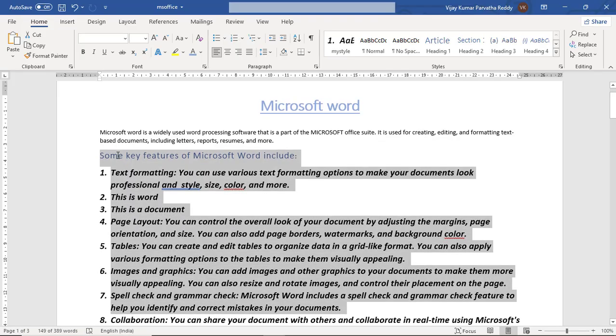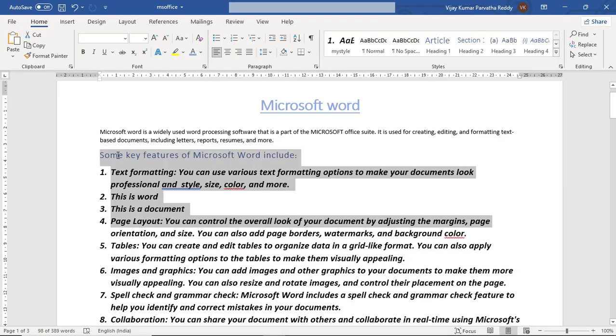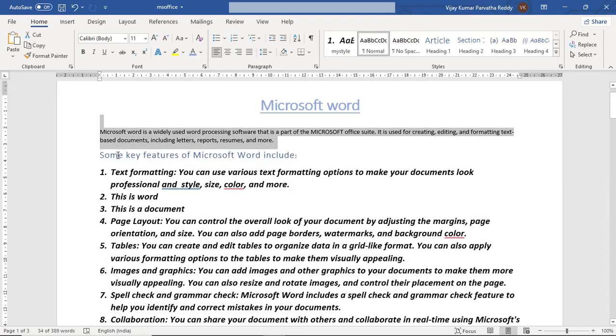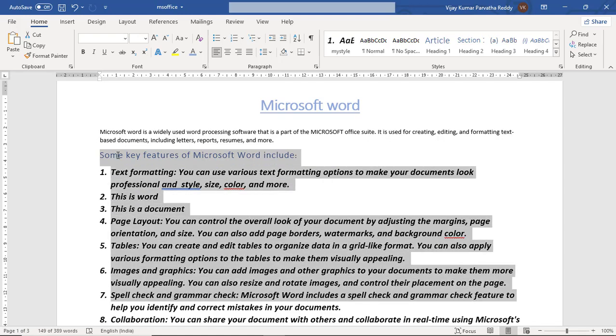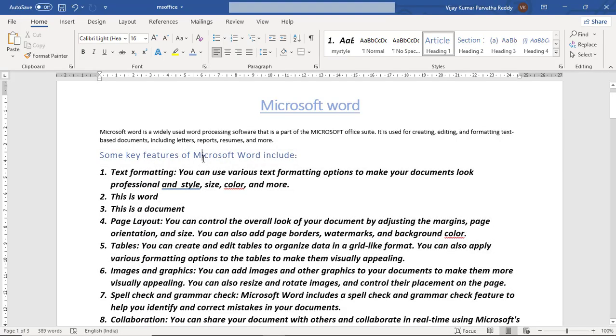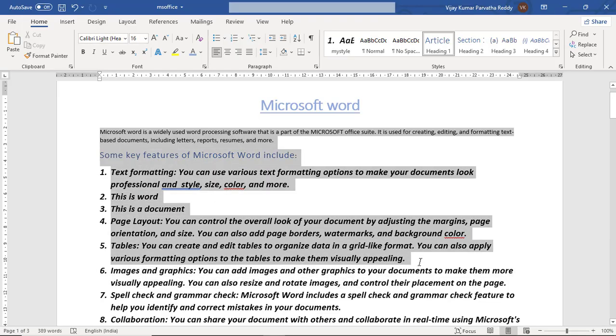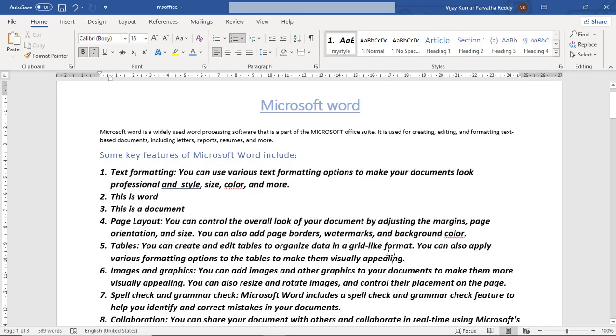Downwards it will keep on selecting, and upwards I can deselect and select in any way. This is one type of selection from the keyboard using shift and arrow keys. Otherwise, we can select a particular area by clicking the mouse and dragging over the area, and you can also select